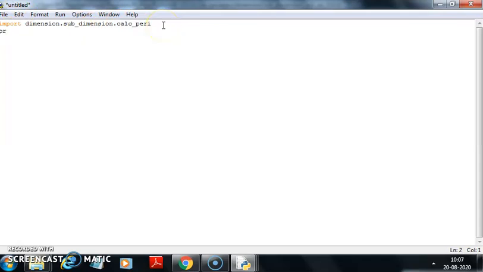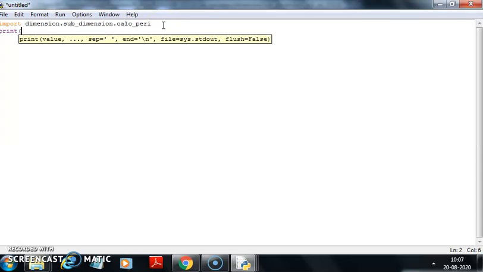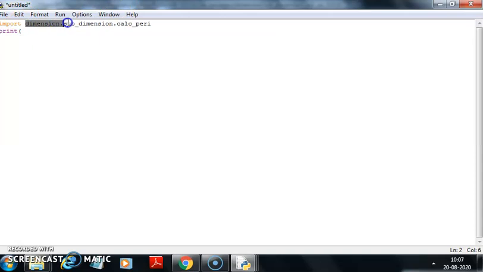Okay, so how I am going to use it? See, print, and then to access the function you have to take this whole path. I am copying it from here and pasting it here, and after this I will invoke the function. The function was peri_rect. This was the name of my function, and I am passing the values to it, length and breadth.